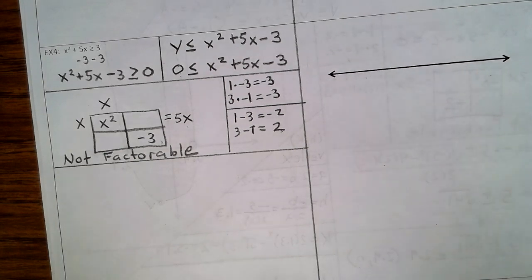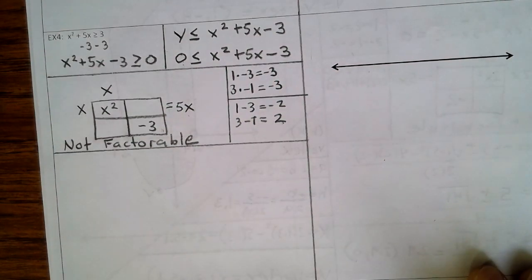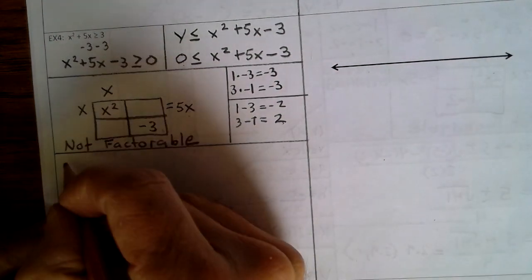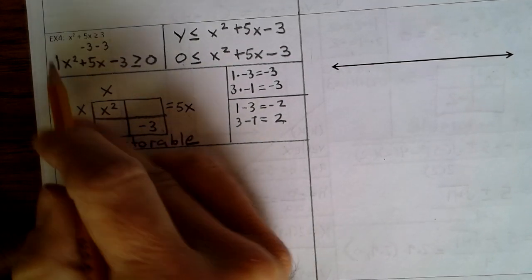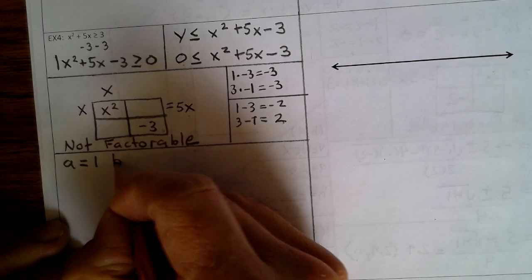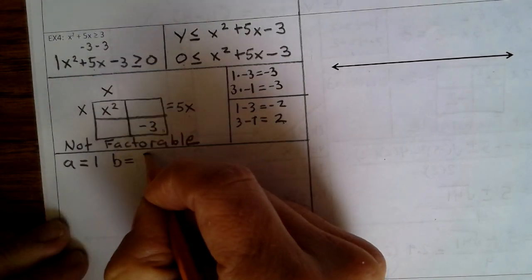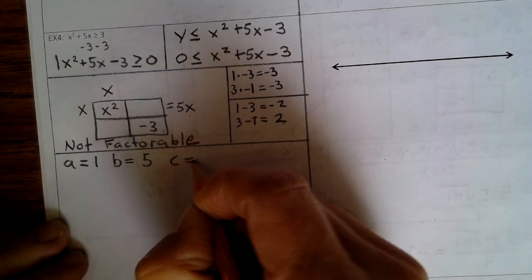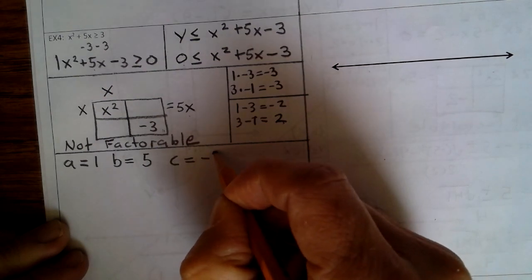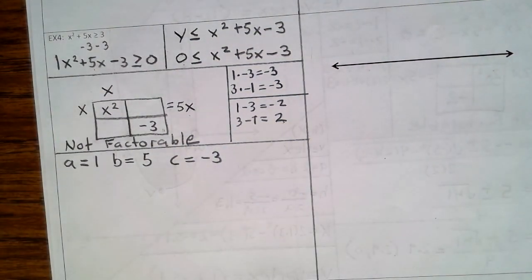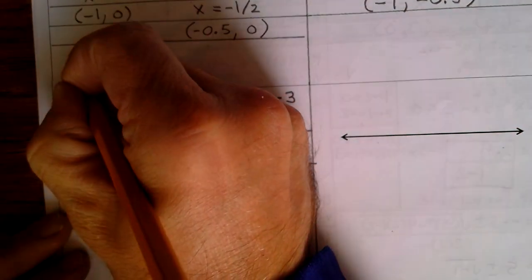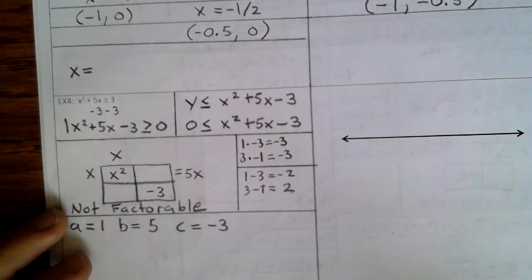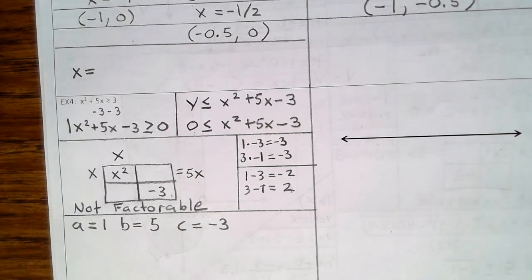Okay, since it's not factorable, we're going to have to solve using the quadratic formula. So we want to first find out what A, B, and C are. A is 1, B is 5, and C is negative 3. Now for reference, let's go and write down the quadratic formula right here. And before we go on,